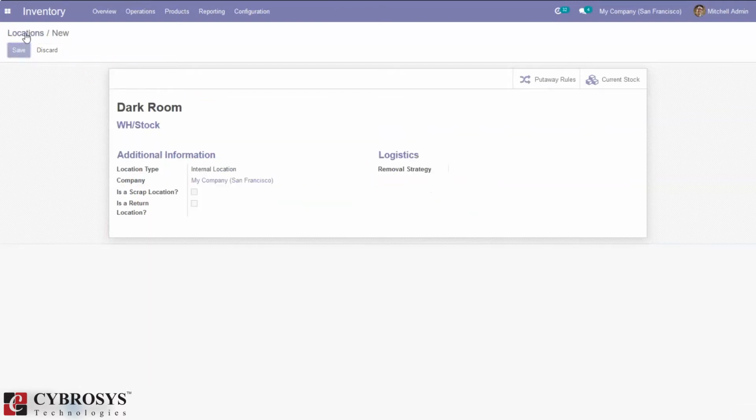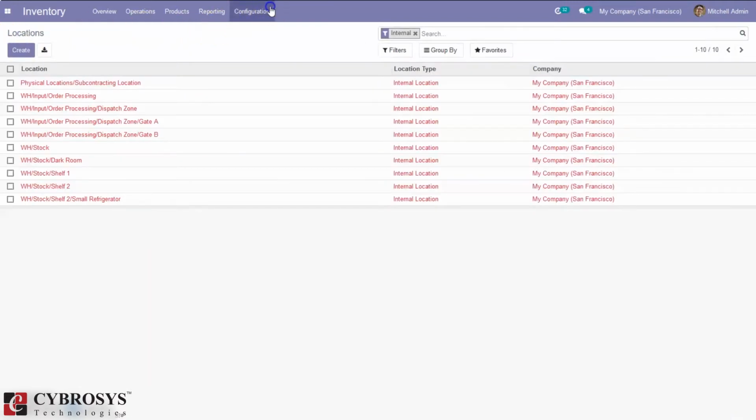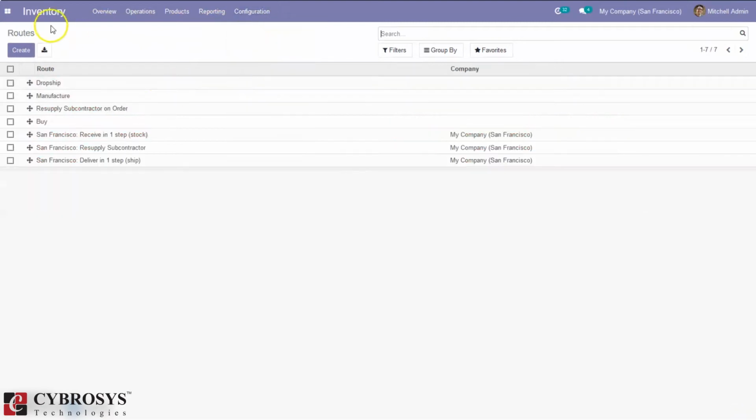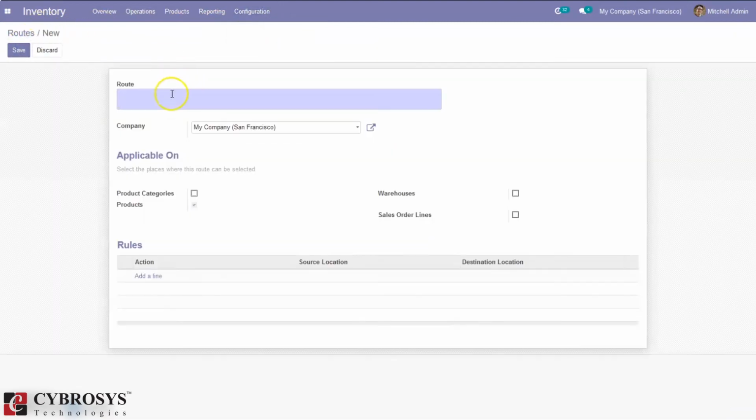Okay, so after creating the location, let me create a new route. Here we can mention the route name. Then we can see the company.